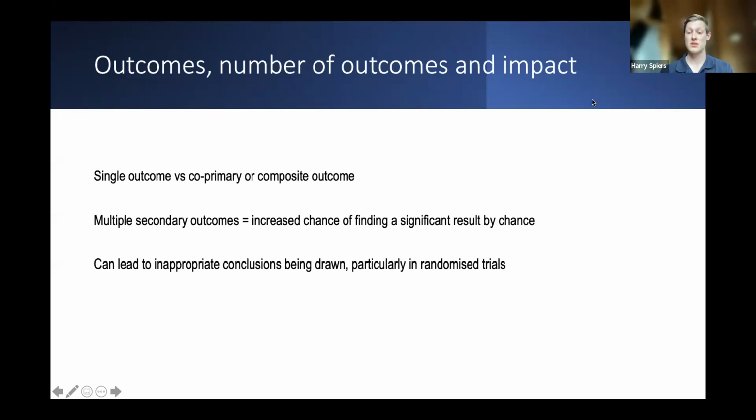This is another interesting question coming on towards the more outcomes and the stats side of things. So again, I've steered clear of the statistics, but there was a question during the course, someone was talking about outcomes and the number of outcomes and how that might affect your results. If you are doing a systematic review and you are looking at one outcome, so the primary outcome of a trial, for example, so let's say